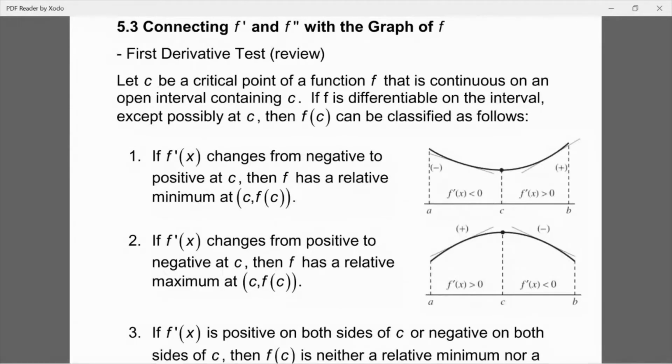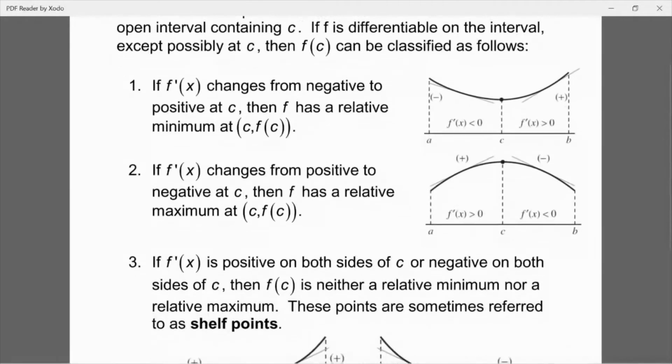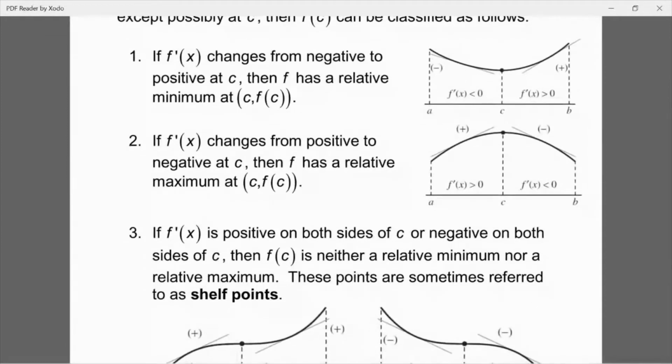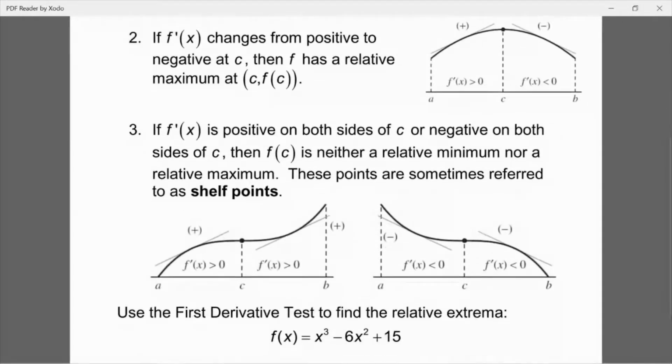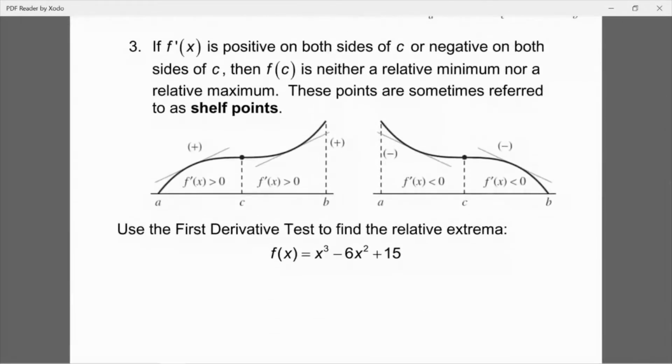And the first derivative test is based on the idea of identifying critical points, which are points within our interval where our derivative is either zero or undefined. And then we test around those critical points to see if our function goes from increasing to decreasing or decreasing to increasing. And that allows us to identify if there's a maximum or a minimum in that interval. So this is just sort of a rehash of the stuff I covered in the video for section